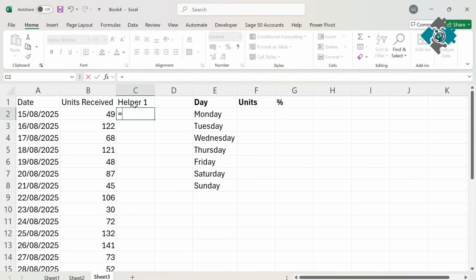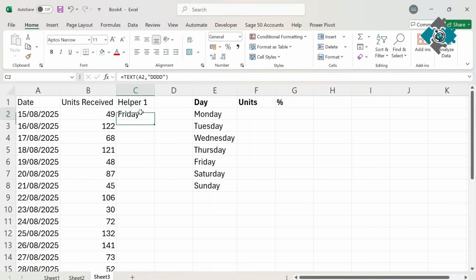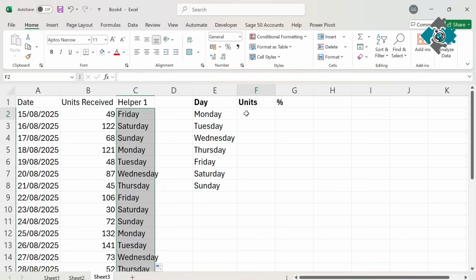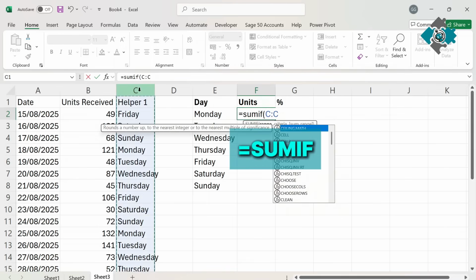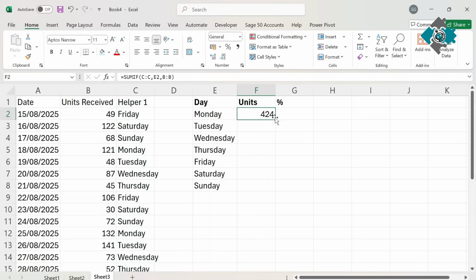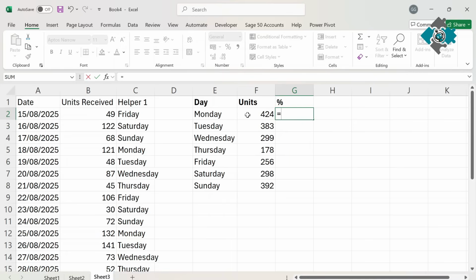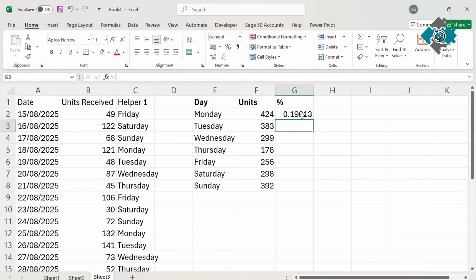There's two ways to do this. The first one's with a helper column, and we're going to make use of text to convert this value into the full day, and we're going to use that with 4Ds like that, and it's going to give us the format we want. So then in here we use a SUMIF, check this range for this value, and then we're going to sum the units received, and that does that. And then simply for the percentage, use the units divided by the sum of all the units, and then we'll use that as a percentage. Then the other way to do this,